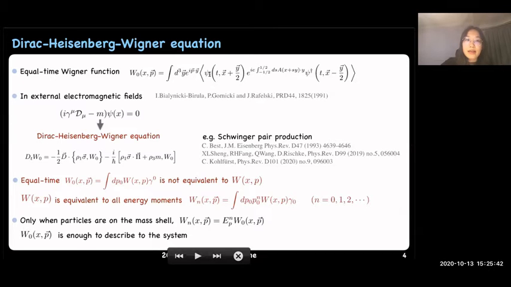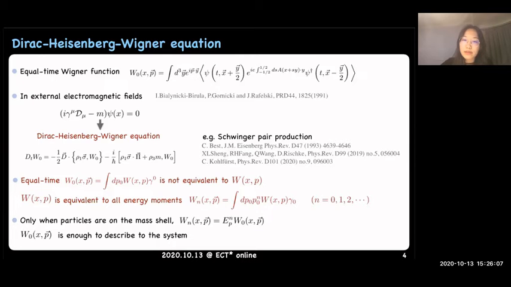In an external electromagnetic field, the kinetic equation of the equal time Wigner function is the Dirac-Heisenberg-Wigner equation, the DHW equation, which can be solved as an initial value problem and has been applied to problems such as the Schwinger pair production,